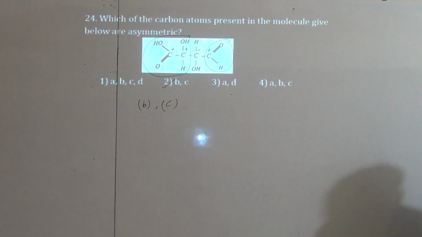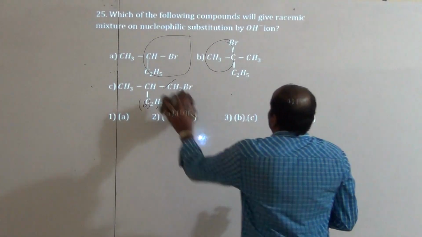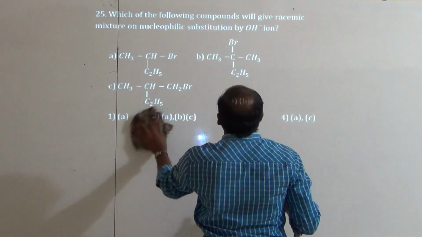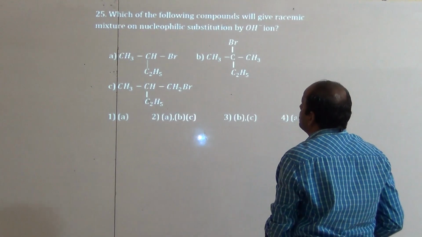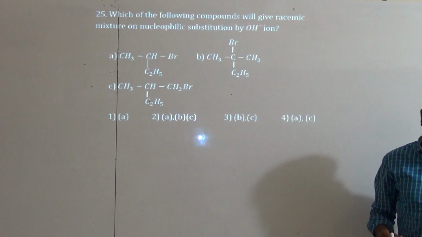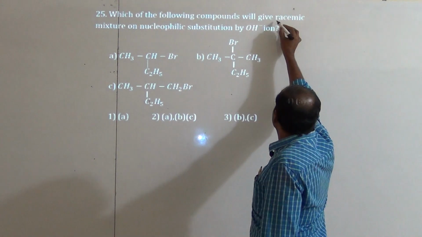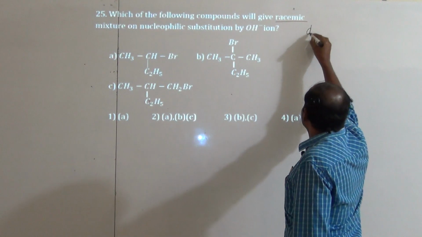then next bit, which of the following compounds will give a racemic mixture on nucleophilic substitution reaction by OH minus ions? Racemic mixture, they given which one? Racemic mixture means it contains a 50%